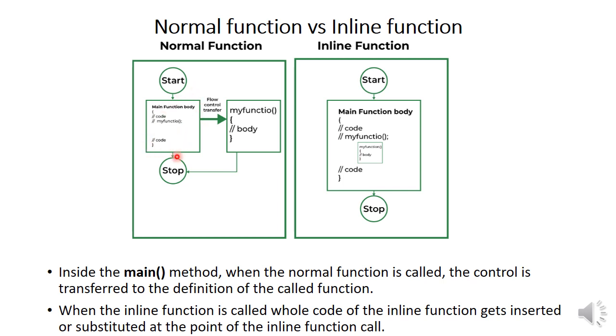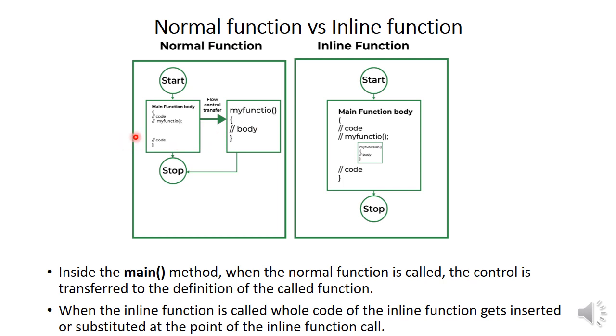And after executing the whole program, the compiler finishes compiling the C++ program. So here we say that the compiler transfers the flow control to the definition of the normal function,